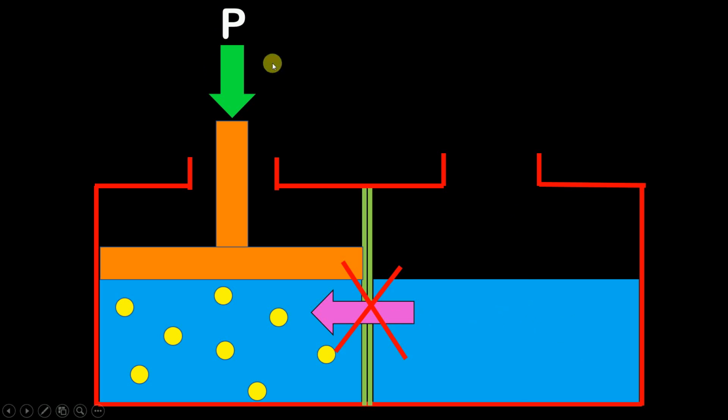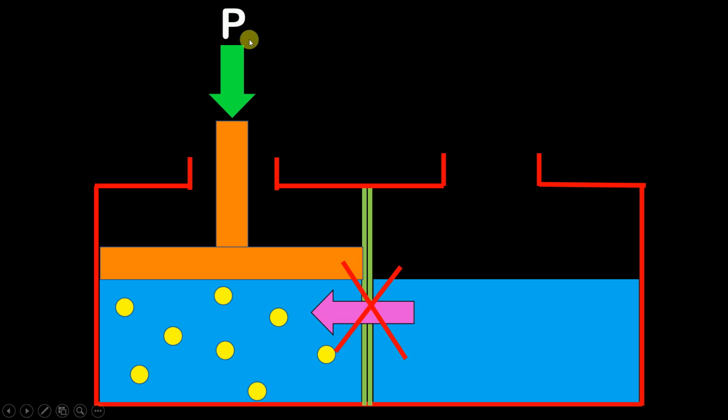So this pressure, the minimum amount of pressure that we require to apply on the surface of the liquid so that its volume does not increase or its volume does not change, is called as osmotic pressure. This pressure that we have applied so that the solvent molecules cannot flow from one side to the another is called as osmotic pressure. I hope that you have understood what is osmotic pressure as well.